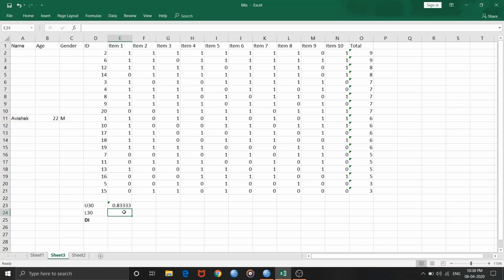Now in the lower 30%, I need to check what percent of respondents have solved it correctly. So I'll go again for equal to sum, double click on that, and now I'll have to select the last 6 respondents. I have to select the last 6 carefully. So these are my last 6 responses. I'll complete this bracket, put one more bracket outside of this formula, and then I'll divide this also by 6, the total number of respondents in my last 30%. So this will give me L30, that is the lowest 30, the lower group, and